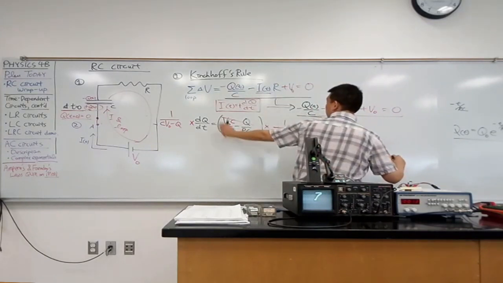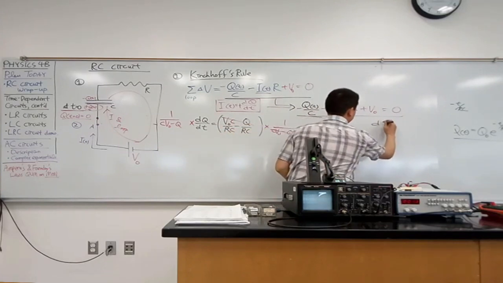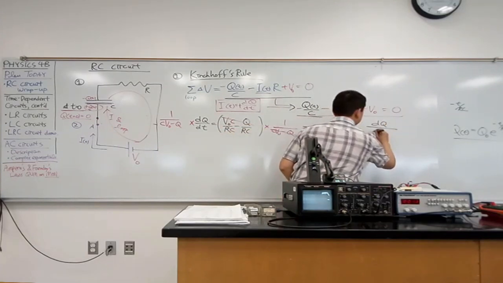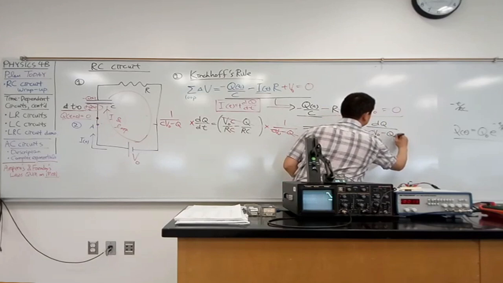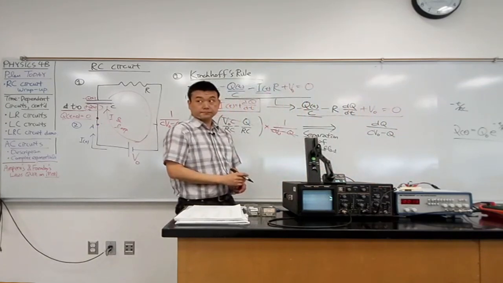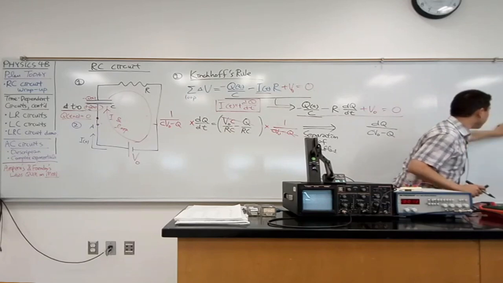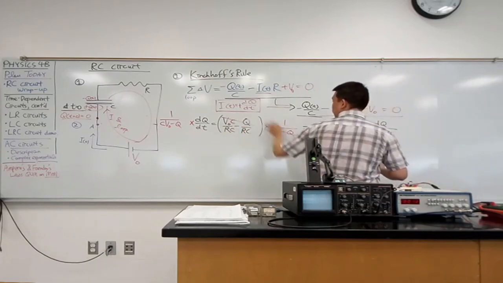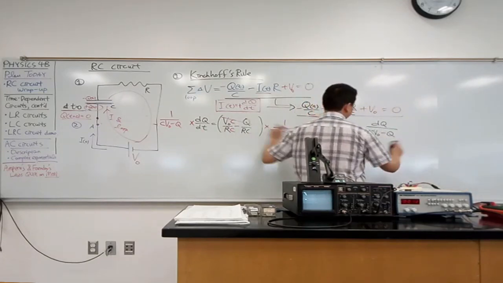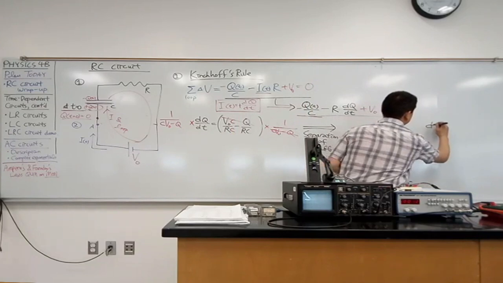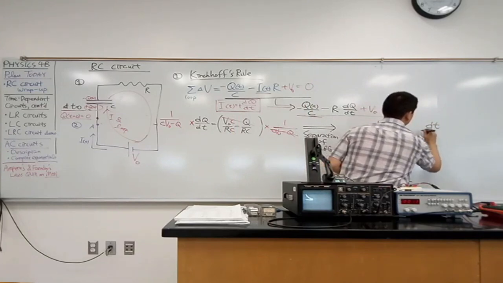Then you have on the left-hand side, dq over C V naught minus Q. On the right-hand side, we have dt for the numerator. So it's dt over,